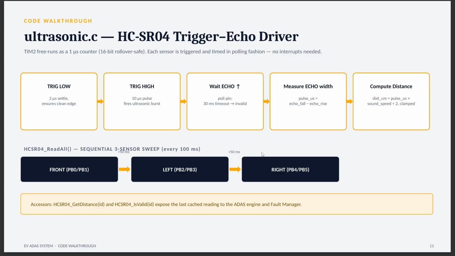It generates sound waves from the trigger, and for 10 microseconds we make the trigger high. It means the sound is produced for 10 microseconds, and after that